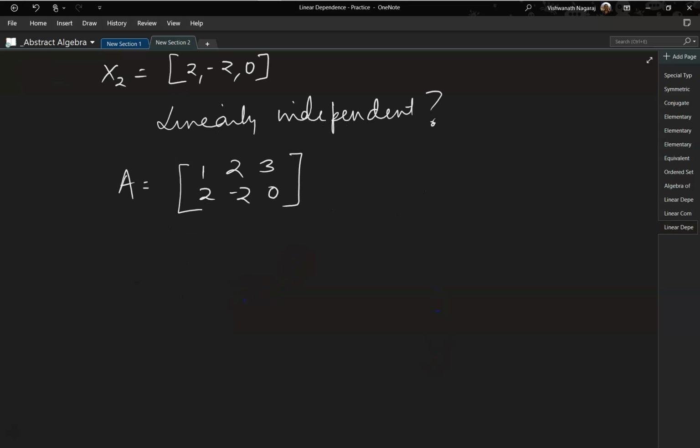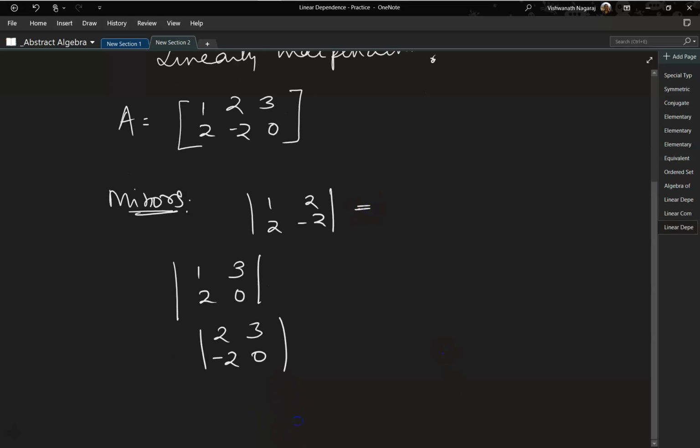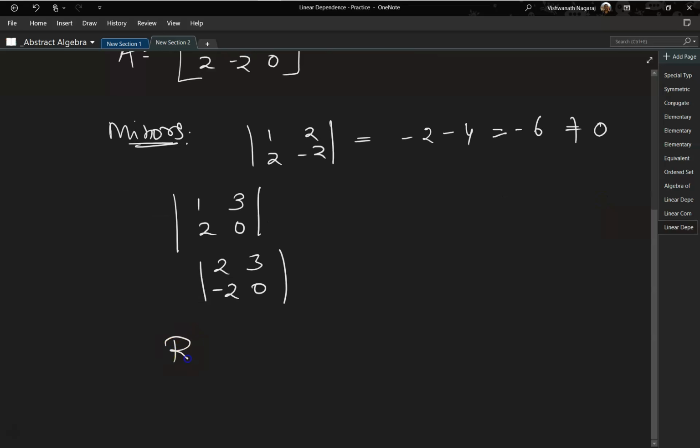Now let's use the concept of minors of the matrix. Now the minors would be 1, 2, 2, minus 2, 1, 2, 3, 0 and then 2, 3, minus 2, 0. Now let's evaluate this. So minus 2 minus 4, which is minus 6. We don't have to proceed further, because this is not equal to 0. Which means that the rank